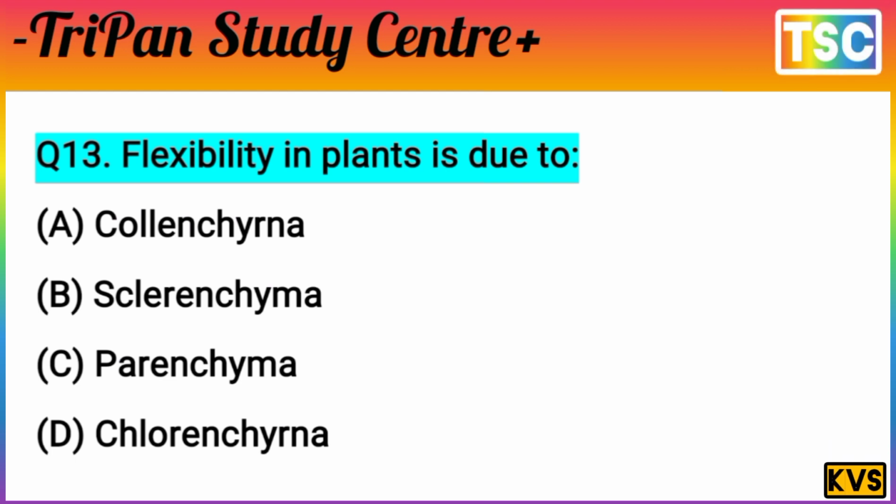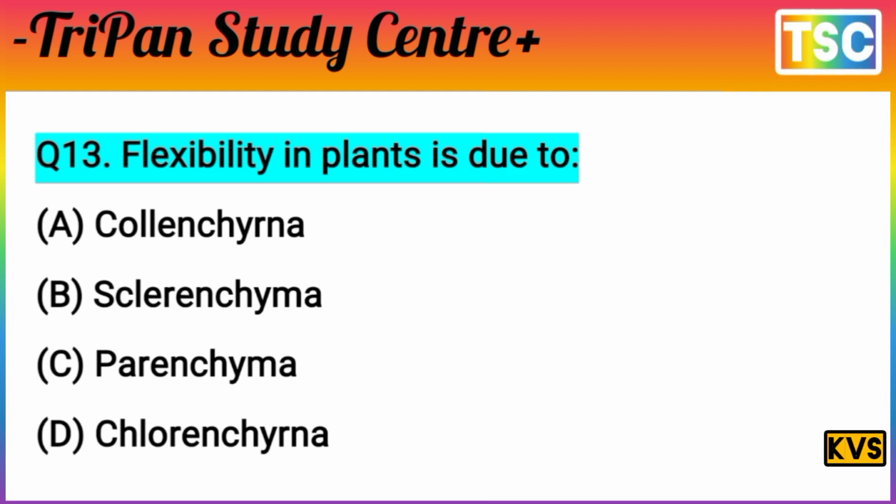You know that question is very interesting. There is a question: flexibility in the plant is due to which of these: chlorenchyma, sclerenchyma, parenchyma, and D chlorenchyma. You know that the most important fact here is, the fact is important because chlorenchyma is a mechanical tissue in a young dicotyledon system